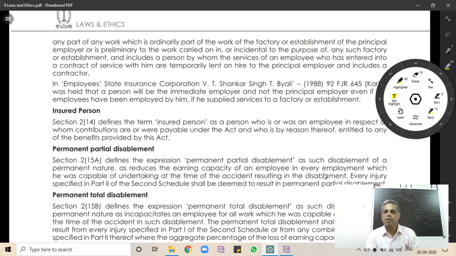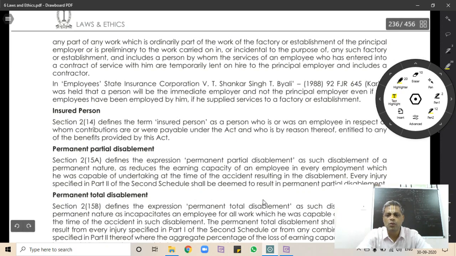It does not disable a person from employment altogether, but it reduces the earning capacity of the member. Okay, that's called permanent partial disablement. So the injuries which are classified as permanent partial disablement can be found in part 2 of the second schedule, and okay, that is not relevant for our purpose of this class, but obviously I can